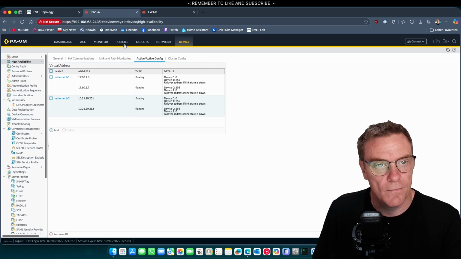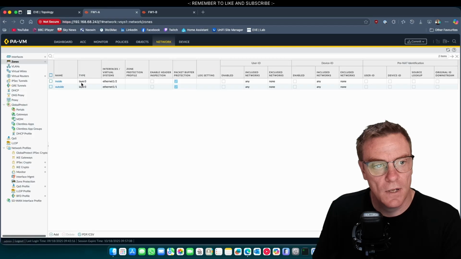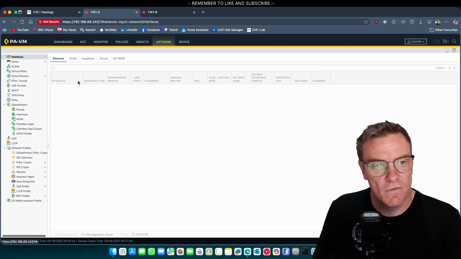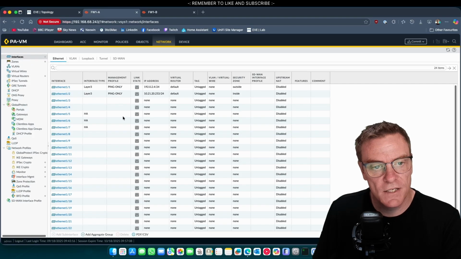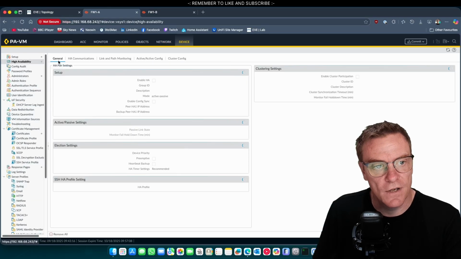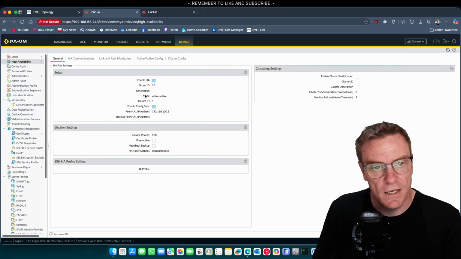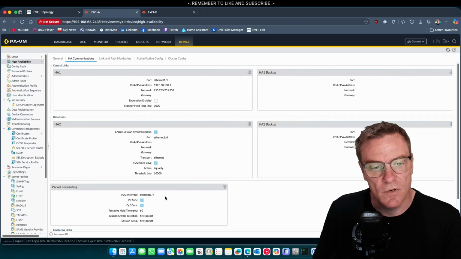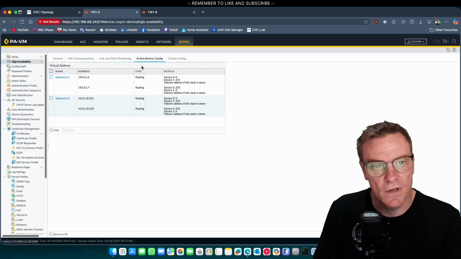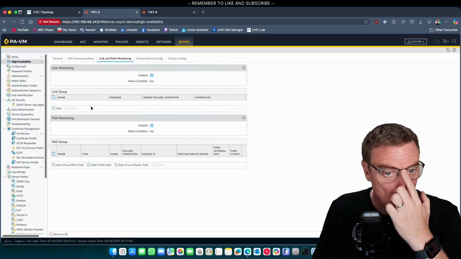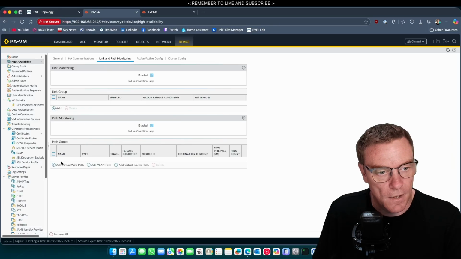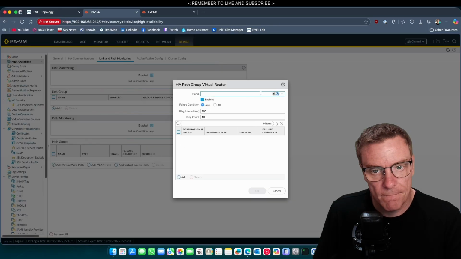So what have we done? We've configured our zones, we've configured our interfaces, we've configured our HA interfaces, we have configured our HA active device 0 firewall 1. We've configured our HA communications, we've configured our floating addresses, and we will configure our path monitoring